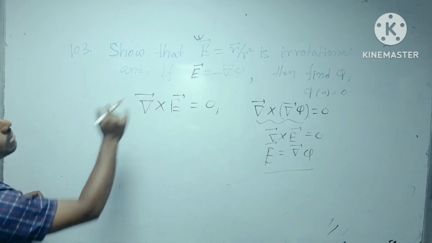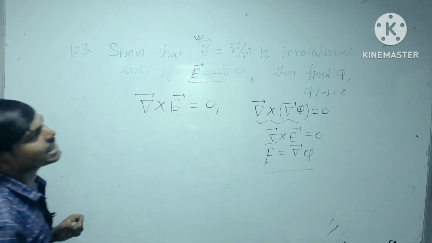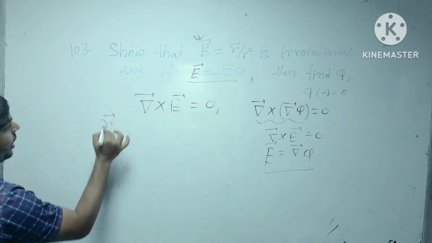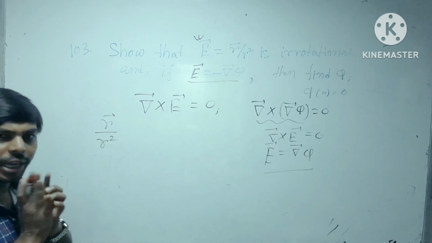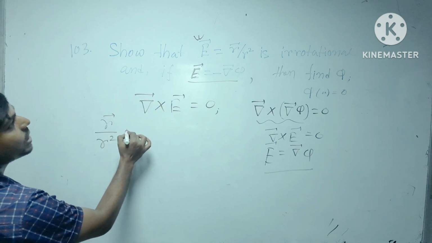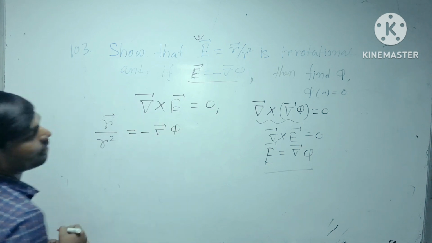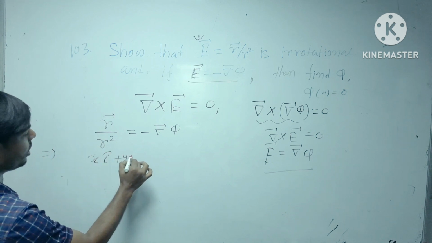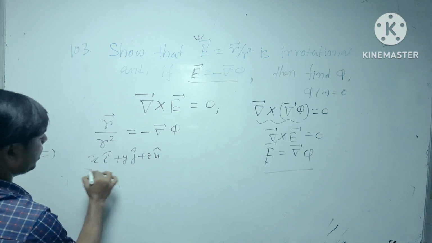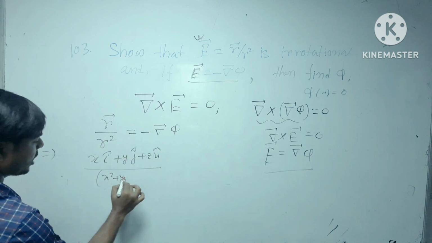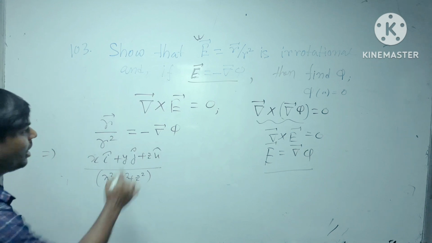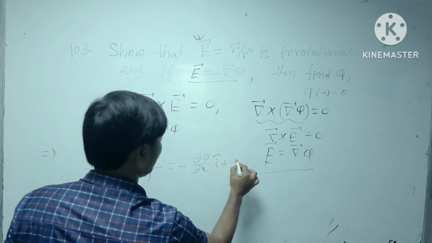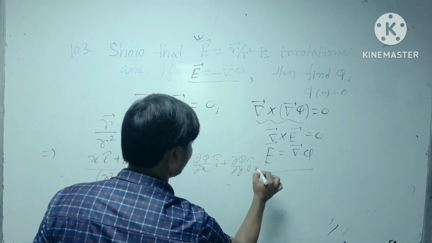সো কার্ল অফ E ইজ ইকুয়াল টু 0, সো E ইজ ইরোটেশনাল, E ইজ ইকুয়াল টু মাইনাস গ্রেডিয়েন্ট অফ phi। এখান থেকে আমাকে phi বার করতে হবে। তাহলে E সমান আমরা কি জানি, ভেক্টর r বাই r স্কোয়ার। পেনের কালি একটু কমে গেছে, সরি ফর দ্যাট। সো ইট ইজ মাইনাস গ্রেডিয়েন্ট অফ phi। কার্টেসিয়ান কোঅর্ডিনেটে ভেঙে নেবো, ভেক্টর r ইজ ইকুয়াল টু x i cap plus y j cap plus z k cap। আর r স্কোয়ার নিচে কি, x স্কোয়ার plus y স্কোয়ার plus z স্কোয়ার, মাইনাস del phi del x i cap plus del phi del y j cap